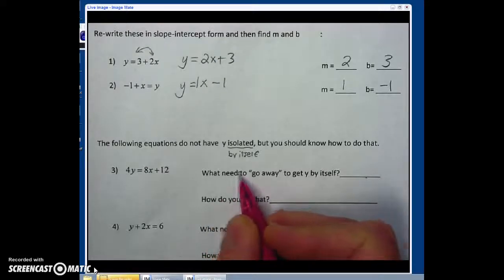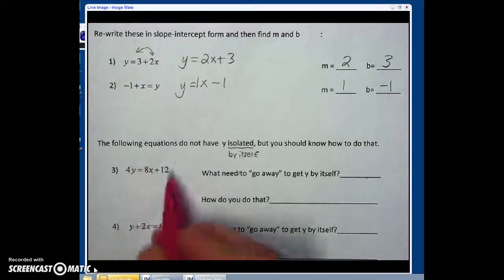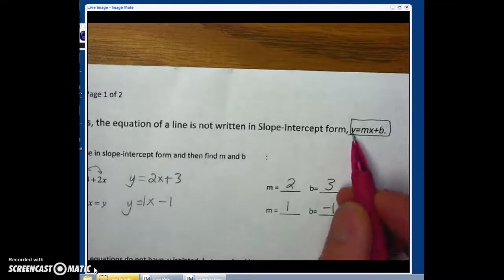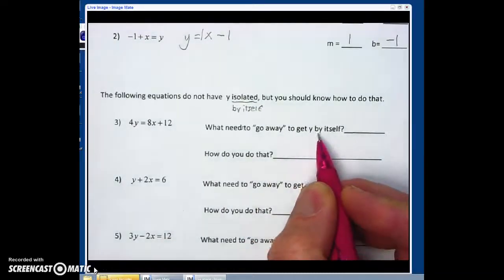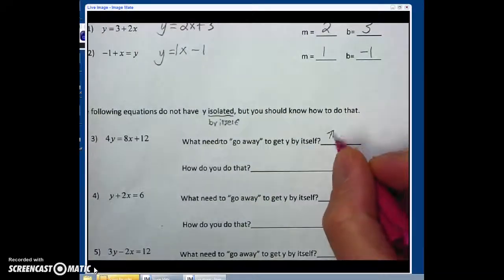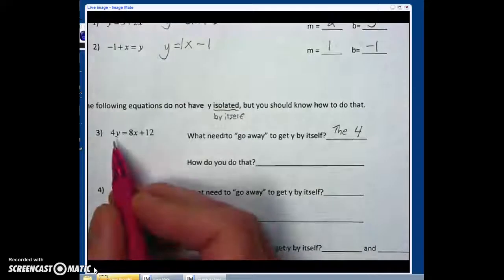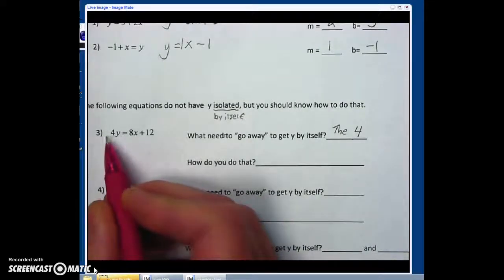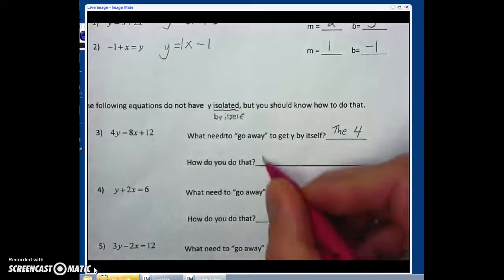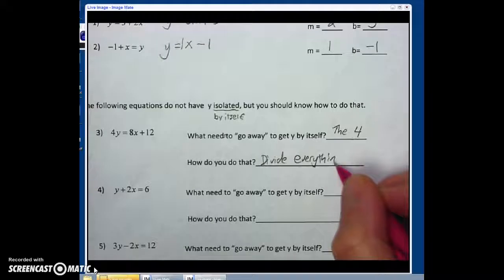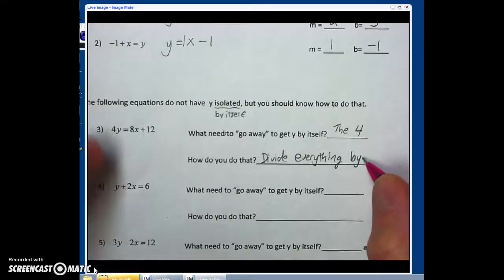So what needs to go away to get y by itself? So notice this first equation, 4y equals 8x plus 12. Obviously y isn't by itself, like we want it to be. So what's wrong with it? What needs to go away to get y by itself? Well, the 4 needs to go away. Well, how do you do that? What is 4y? What does that actually mean you're doing to the y? Doesn't it mean that you are multiplying? Well, obviously the opposite of multiplying is dividing. Divide everything. Please write this word, everything,